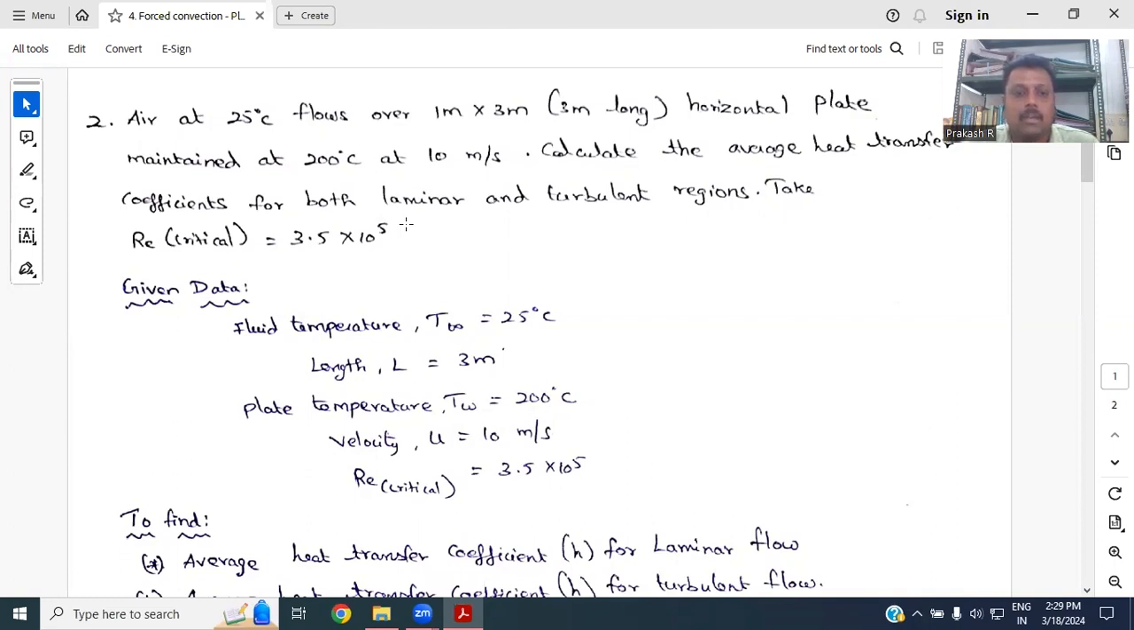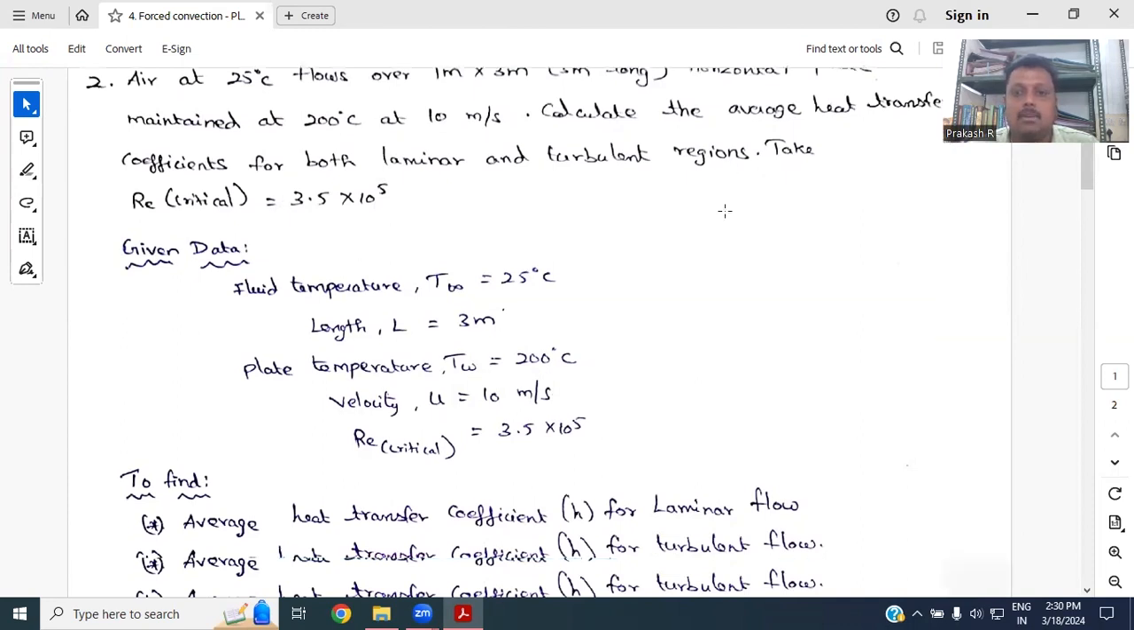Why? Because in forced convection, by means of a blower or compressor, we are giving an external force to a fluid in order to move the fluid from one place to another. In order to change the heat, you need to give an external force. Therefore, the velocity value is given, so we can identify it is forced convection. And in this problem, we need to calculate the average heat transfer coefficient